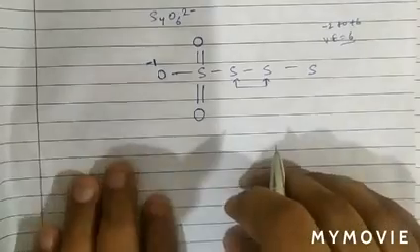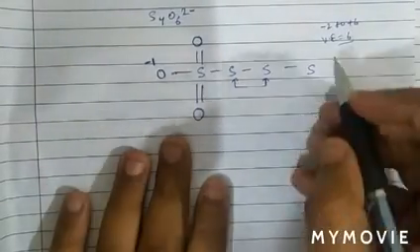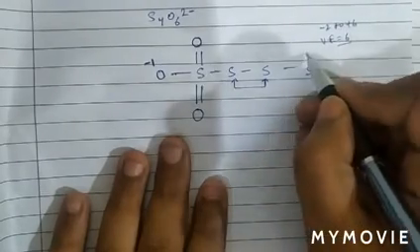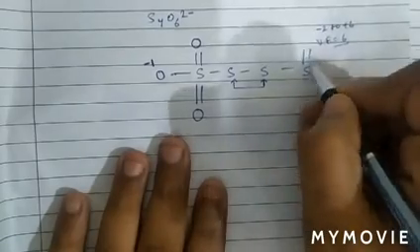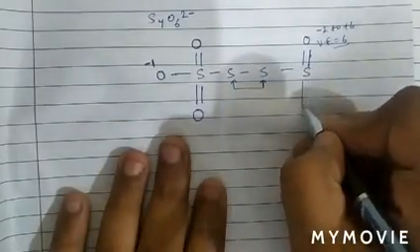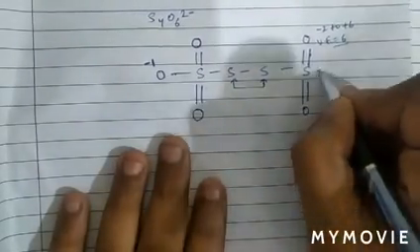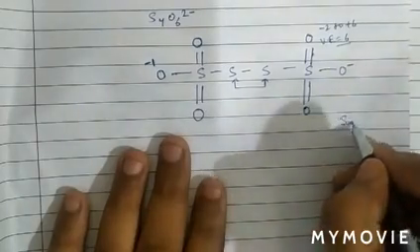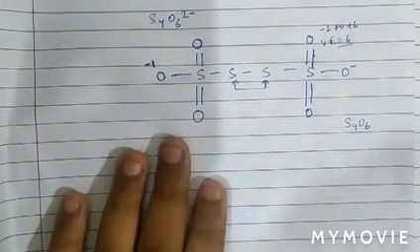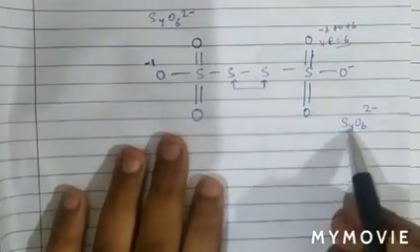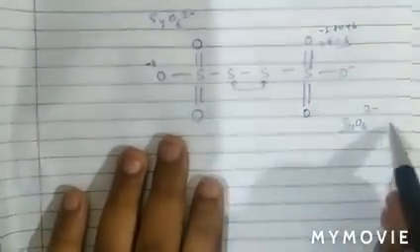Now this other sulfur is also linked with an oxygen atom by a double bond, the same as a mirror image. So S double bond O is also there, and there is also a sulfur-oxygen negative charge. This is the structure of the S4O6 2- ion, which we call the tetrathionate ion, with thiolinkage. This is similar to this one.